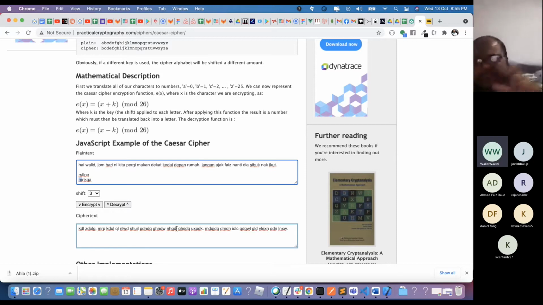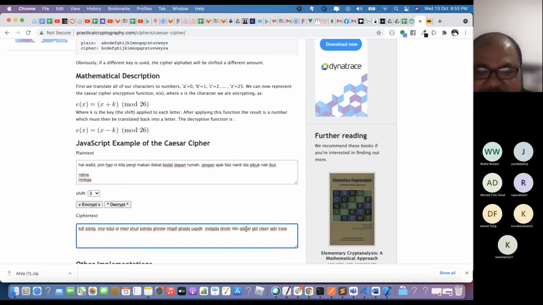Because they use probability, they use statistics. Dia akan tengok huruf mana, they will look at which letter appears a lot. So here D paling banyak. So they will assume that D ni A. So they play around, they reverse